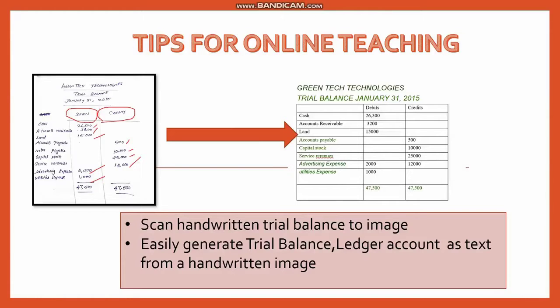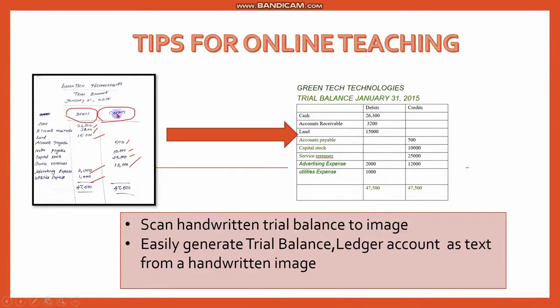In that situation, how can we handle this teaching methodology very effectively with the existing methods and the existing e-resources? The first thing is I'm taking a trial balance. I have shown this trial balance, and it can be explained to the students. This is a handwritten document. This is completely scanned. We can directly scan this document and explain. This is one tip. This is one methodology.